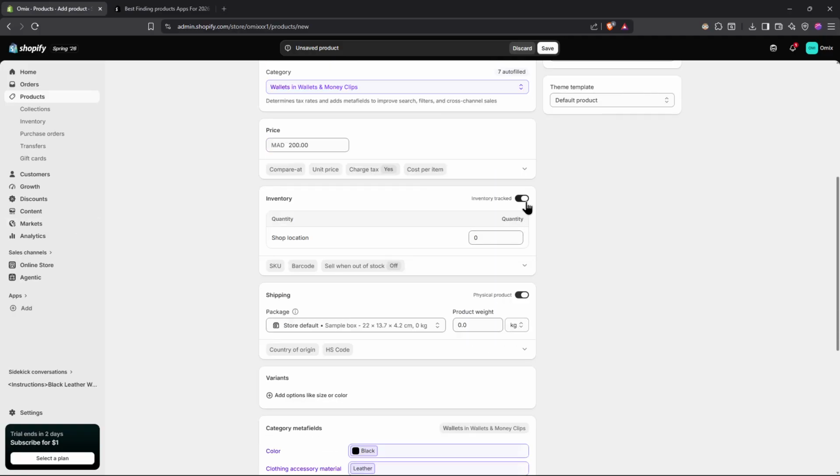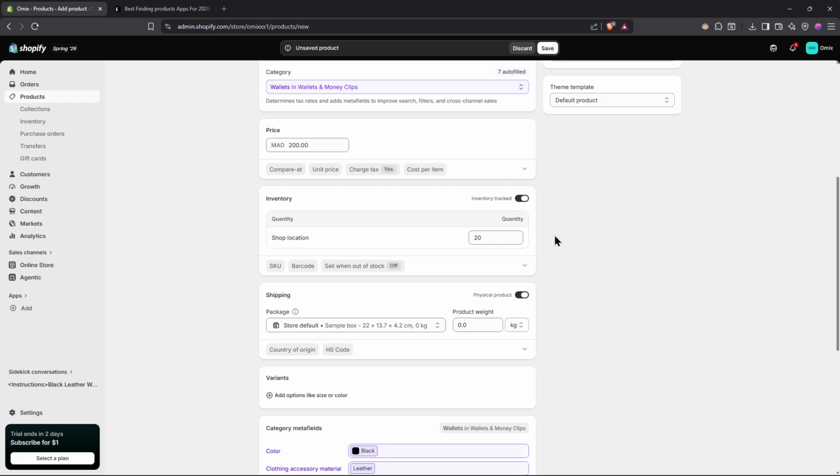So other than that, you would like to set some inventory, which is very useful if you want Shopify to track your stock. You can enable that. If you don't want Shopify to track your stock inventory, specifically if you're working with digital products, you can just disable that. If you enable it, let's just say you have 20 pieces, so let's enter 20. Now, when a customer buys, Shopify can reduce the stock number automatically